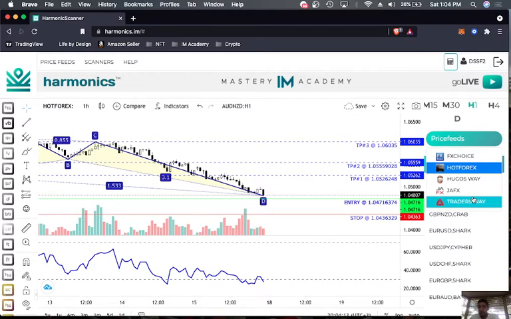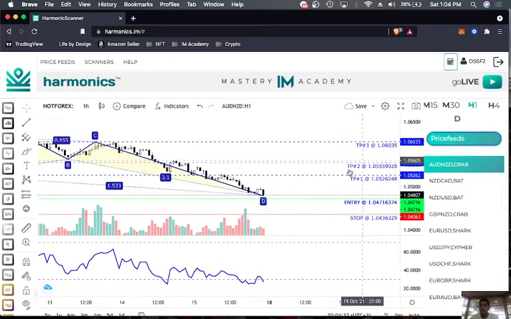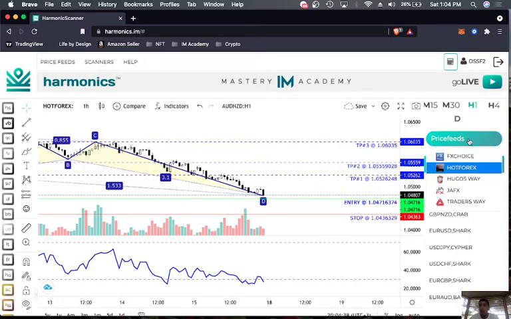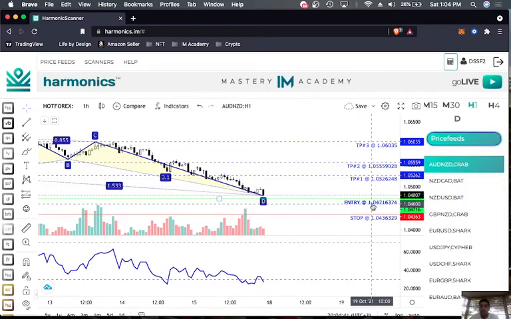Now, this has nothing to do with the currencies in terms of which currency is better than others. This simply means that depending on your broker, these trades are going to be a little more accurate to your broker due to something called spread. Spread is simply the fee that the brokers take per trade. So if we're on Hot Forex, and let's just say my broker is Prosperity, for Hot Forex the entry right here is going to be